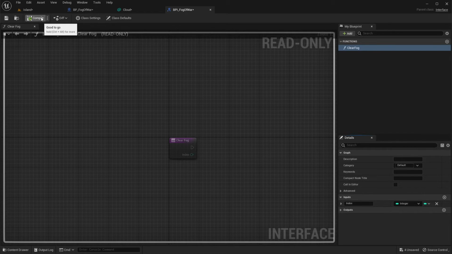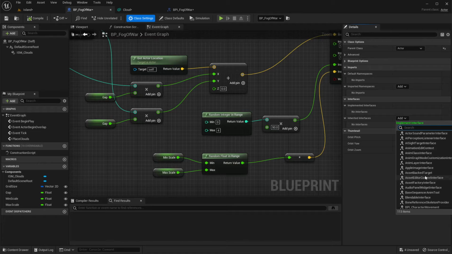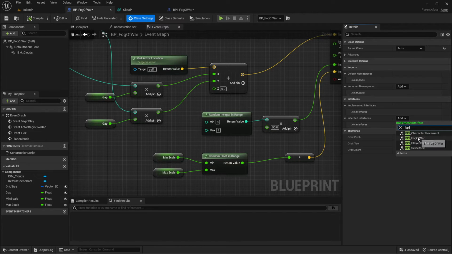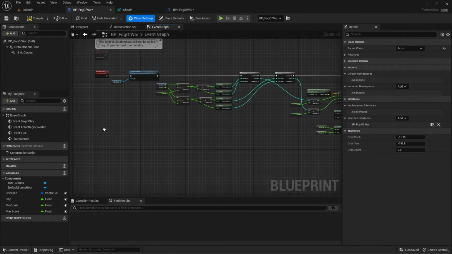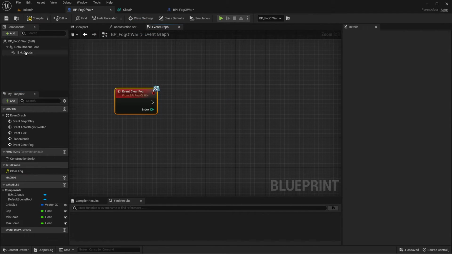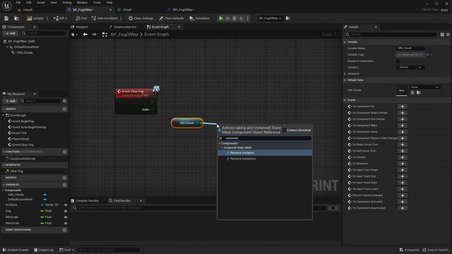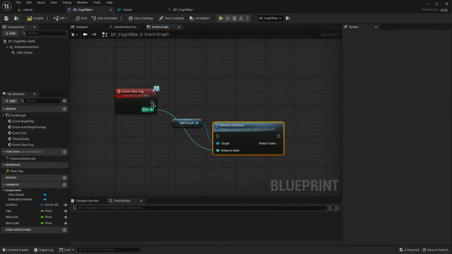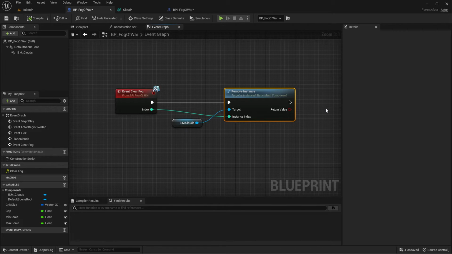So for that, let's first implement this interface here. PPI fog of war, clear fog. So let's just simply remove it. Remove instance. Okay, so